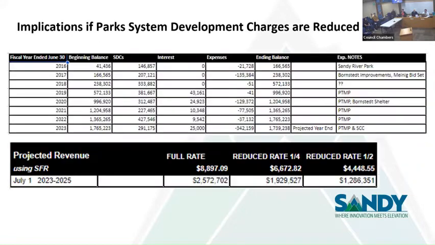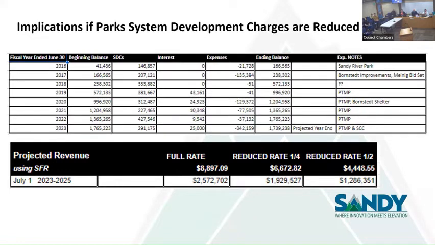One of the things to point out, we've got some really good data from the last 7.5 years when the city switched over to the new software. So this gives you a snapshot of how long at that $3,717, we were able to amass essentially $2 million. Our projected year end is going to be 1.7 million because we're currently spending out of that account for the community campus park project improvement.